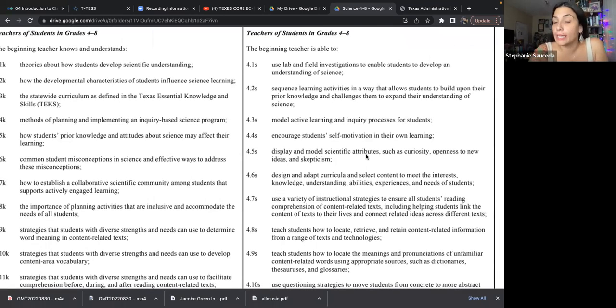Display and model scientific attributes such as curiosity, openness to new ideas, and skepticism. I'm sure they put it in there for this reason, but there are some people who would say that creationism is an equal sort of science. Now, I am skeptical of this for several reasons. I am open to curiosity, but I must go back to the science that we have and the lack